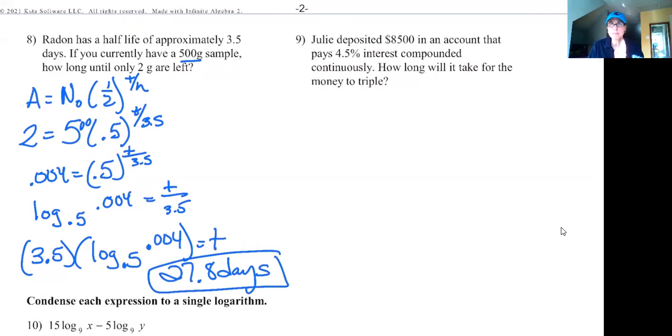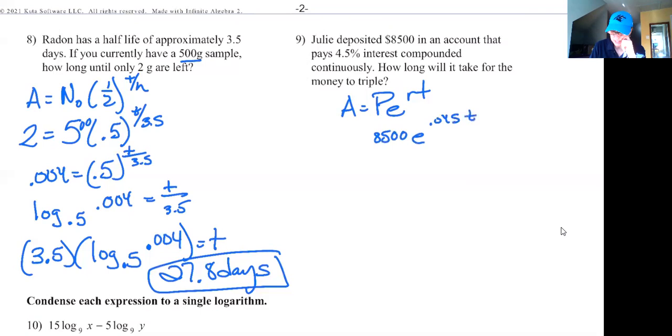Let's see, Julie, she's got some money in an account. She's got $8,500 in an account that pays 4.5% interest compounded continuously. Right away, I see continuous interest. A is equal to P-E-R-T, all right? Continuous interest, how long for her money to triple? Does it really matter how much money Julie is starting with? She's got $8,500. You know, if you want to do 8,500, because you're a purist,